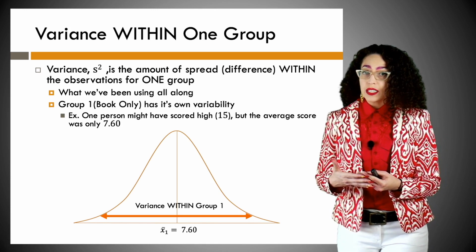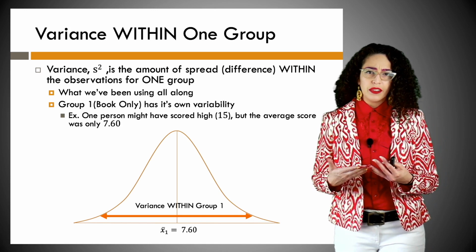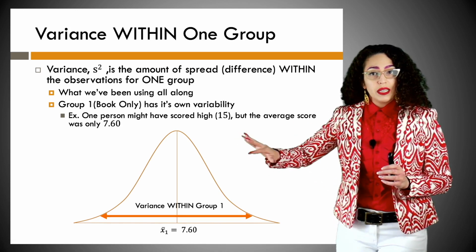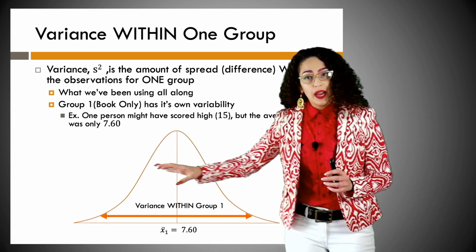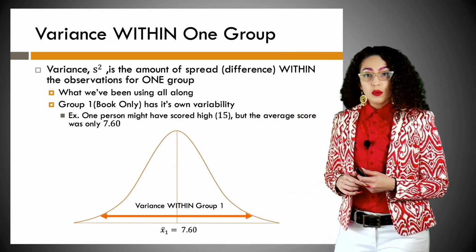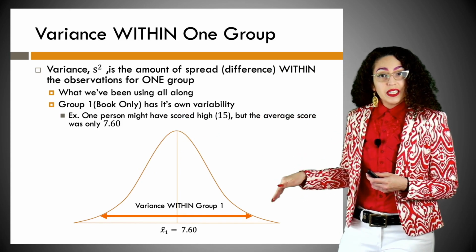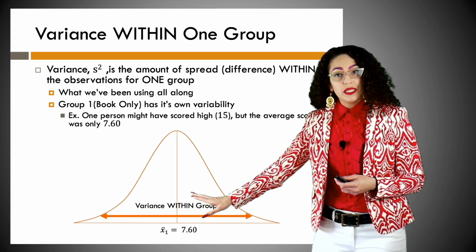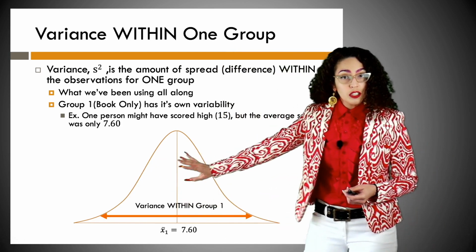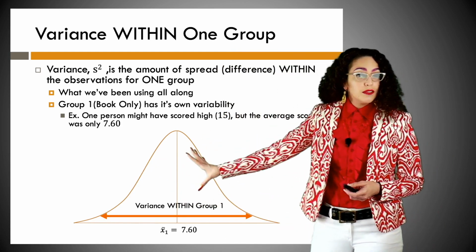So with all of our examples, we always are calculating some sort of variance and a standard deviation. Nothing new there. So for group 1, everybody in that group is going to have their own variance within the group. So one person might score as high as 15, but the average score is only 7.6, or somebody might have gotten a 0. So there's going to be a lot of variability just within the one group